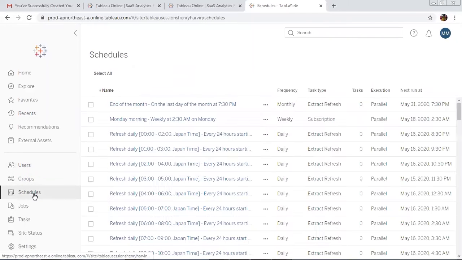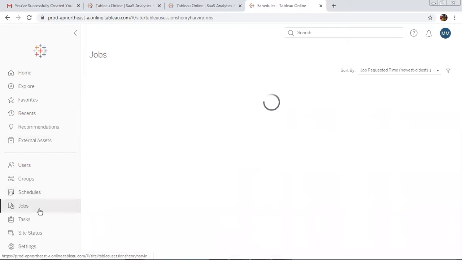accesses. Then I can schedule the auto refresh of my dashboards. Since my dashboards use data sources, if there are data sources which are frequently changing, I can set an auto refresh frequency. What it will do is schedule the refresh of my dashboards at the frequency I want. So this dashboard will refresh on a monthly frequency, this will refresh on a weekly frequency, and these all are refreshing on daily frequencies. If I would like to assign some tasks to some people, I can do that as well.